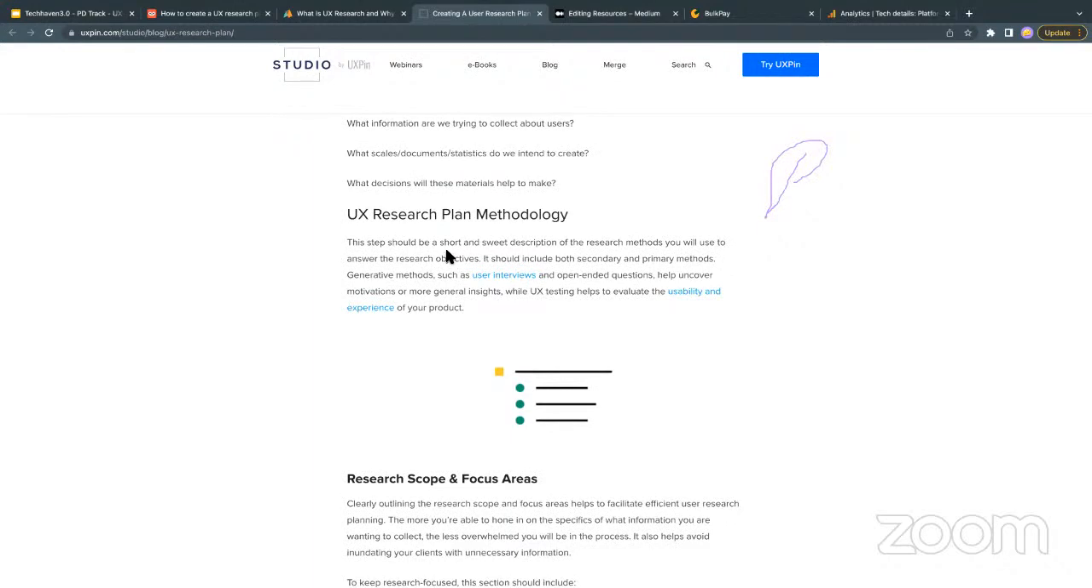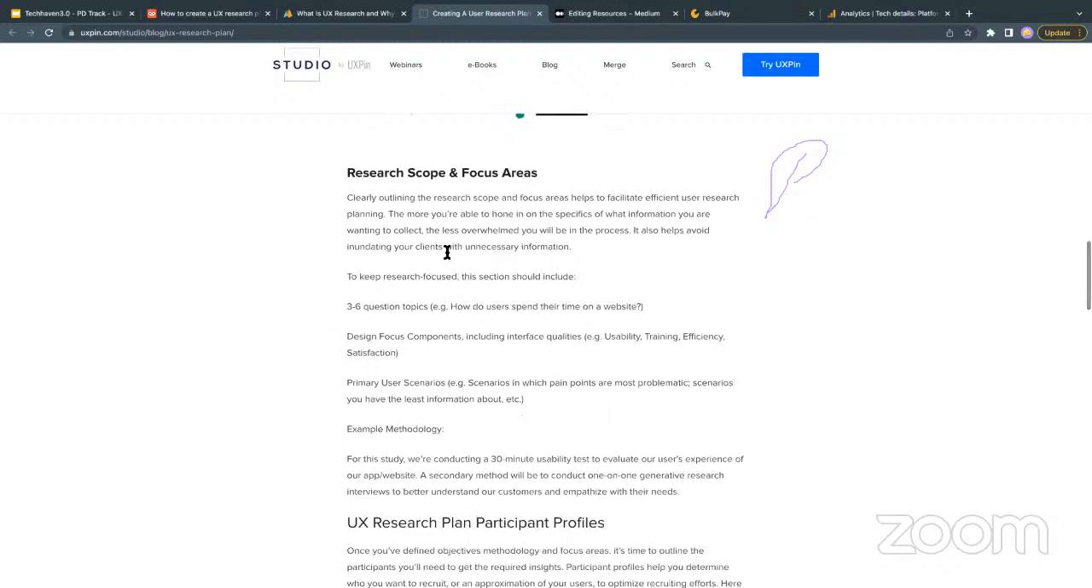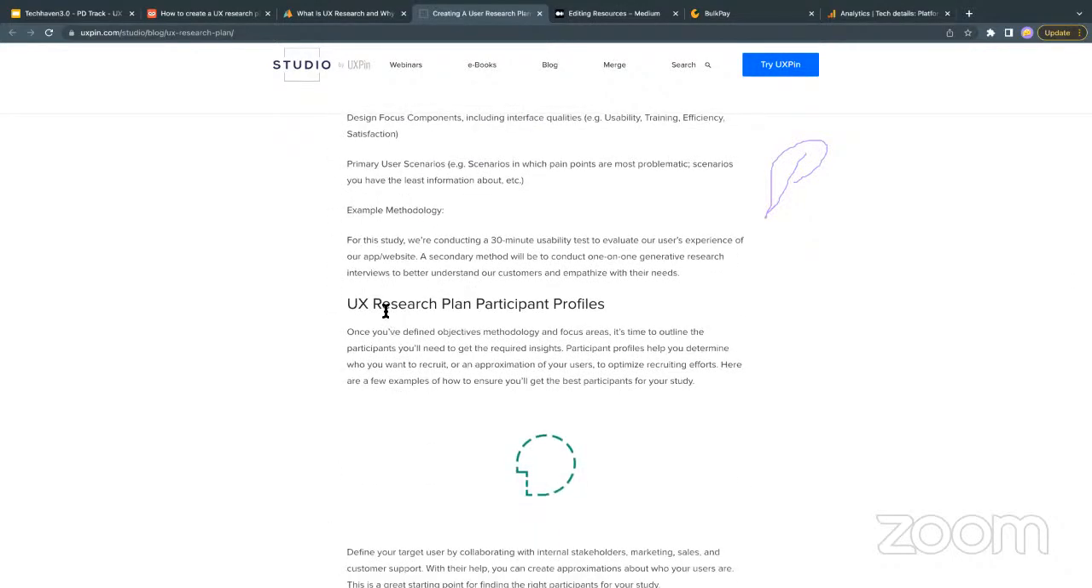Like I said, there are multiple methods. So you list all of them there, the questions that you ask them, all of those things. You list everything, your research scope, your focus area, you write everything down. So these are like subtopics. You also write about how you